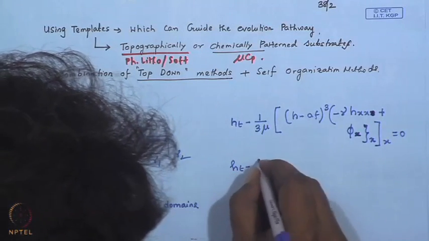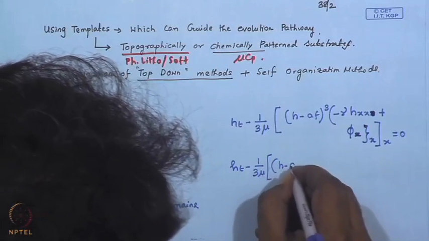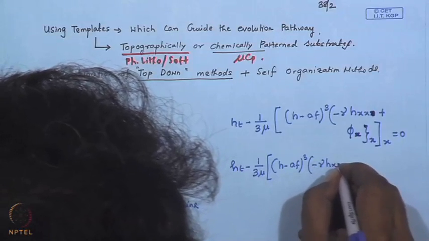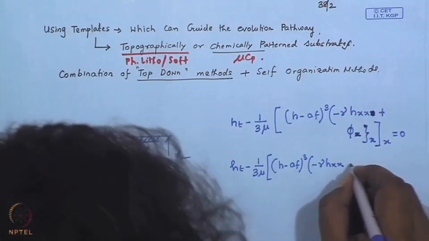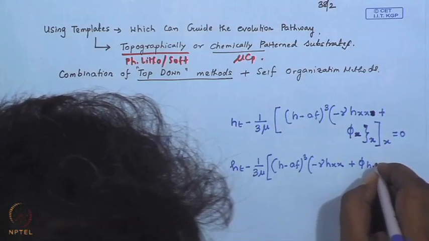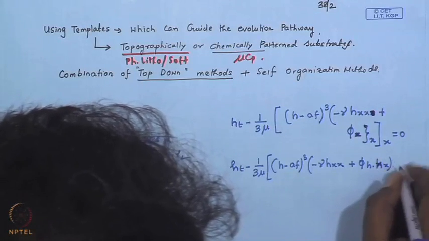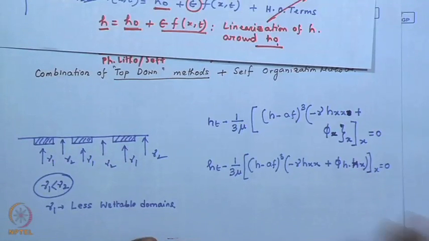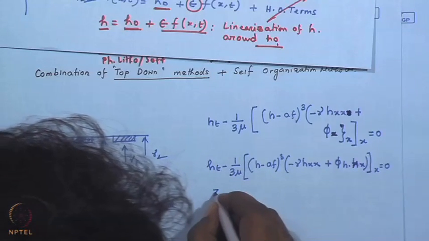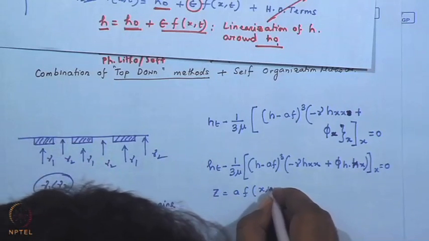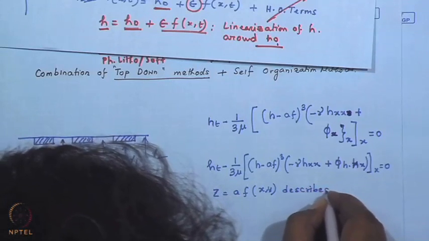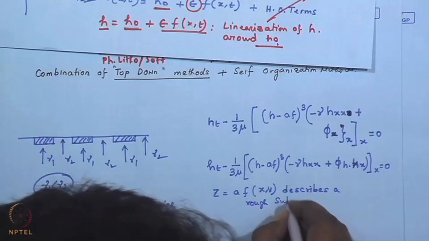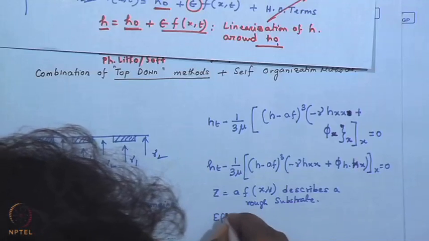I'll rewrite it. So, if you compare this with this form of the equation, you first see that H has been replaced with H minus AF, where F is a function, or Z equal to AF x y describes a rough substrate, and the effective film thickness now becomes